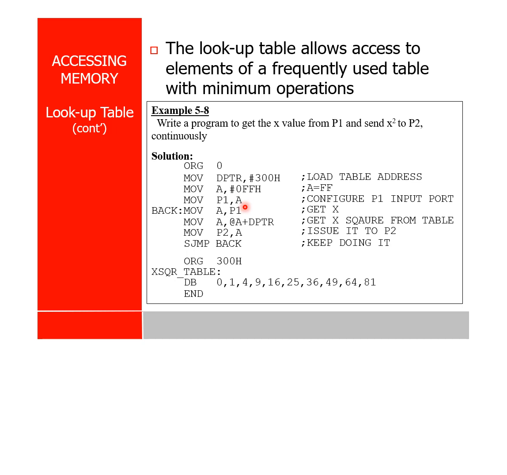Now P1 you are moving the data to A. Now for example P1 is 3. Now what is A? A is 3. Now MOVC A, @A+DPTR. A is already 3. 3 plus DPTR, 300. So from 303, from 303 the data. So this is 300, 301, 302, 303. From 303 the data will go to A. From A the data will go to P2. Okay. So the square of P1 is available in P2.